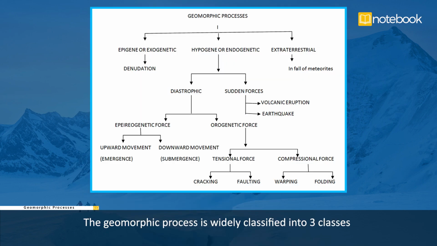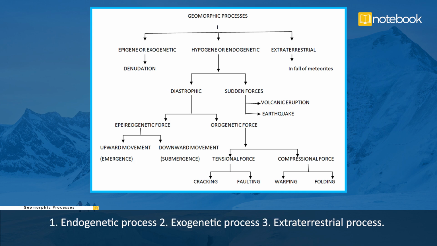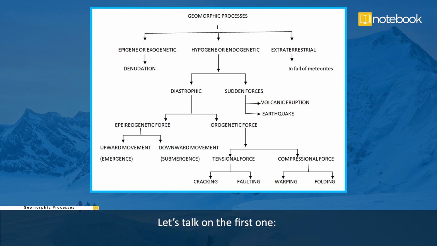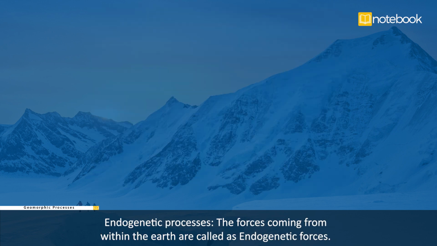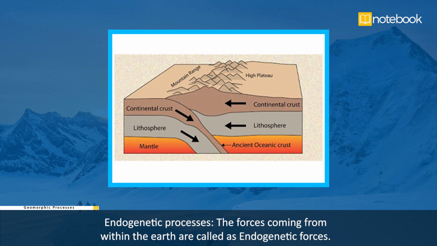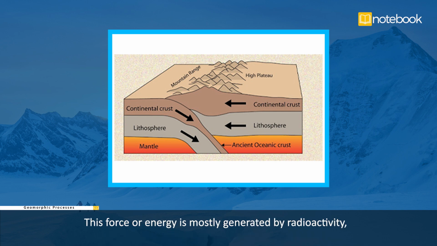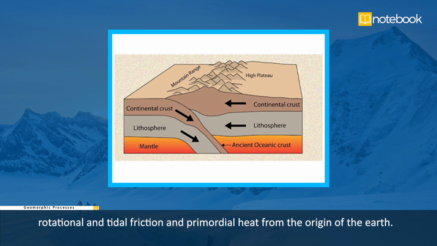Have a look. The geomorphic process is widely classified into three classes: endogenetic process, exogenetic process, and extraterrestrial process. Let's talk on the first one. Endogenetic processes. The forces coming from within the earth are called endogenetic forces. This force or energy is mostly generated by radioactivity, rotational and tidal friction, and primordial heat from the origin of